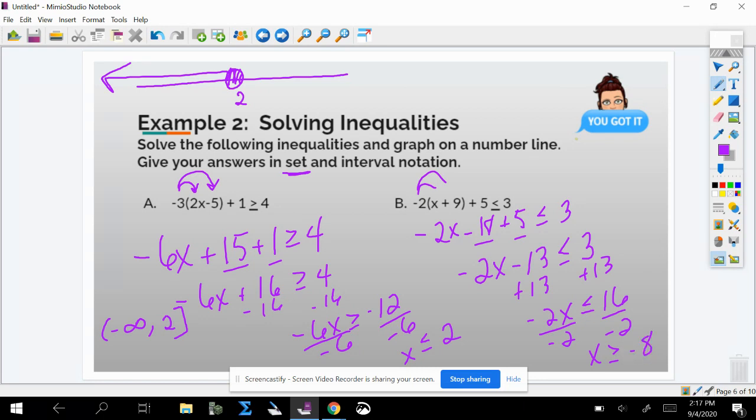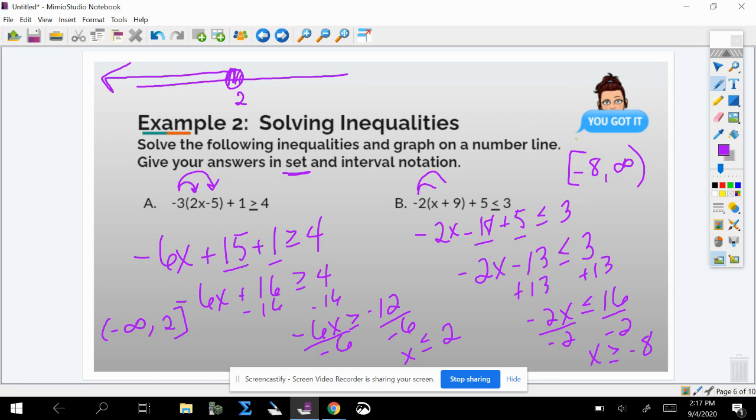That is the set notation of my answer. My answer are all x values that are negative 8 or bigger, greater than or equal to negative 8. My interval notation would be negative 8 and bigger. So the way I write it bigger than negative 8 is I'm going to put a positive infinity, because